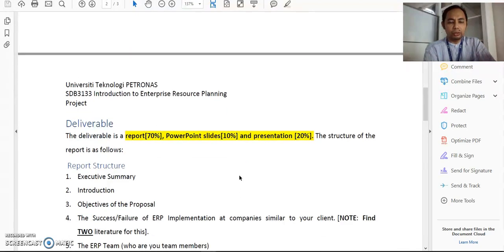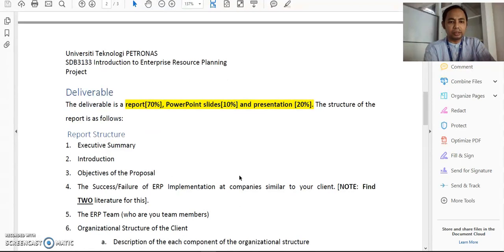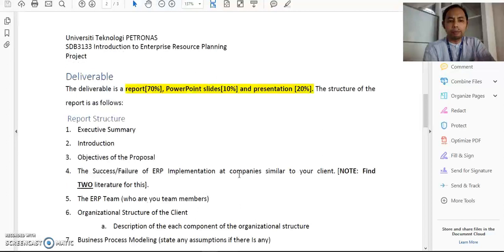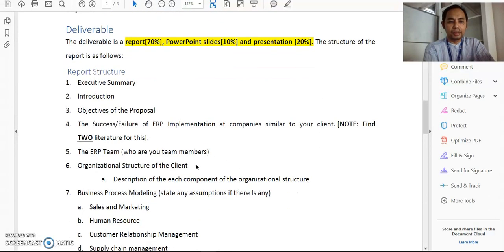So what do you need to deliver at the end of week 14? The deliverable is a report, which is 70% of the whole project, the PowerPoint slides, which account for 10%, and a presentation, which is 20%. For the report, this is the recommended structure. Firstly, you need to have an executive summary. It's not really recommended; it's mandatory. First, you need the executive summary, and then the introduction